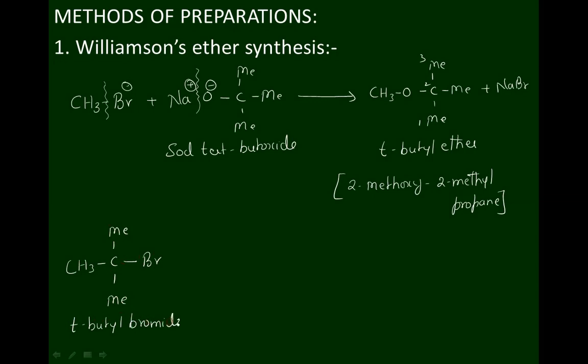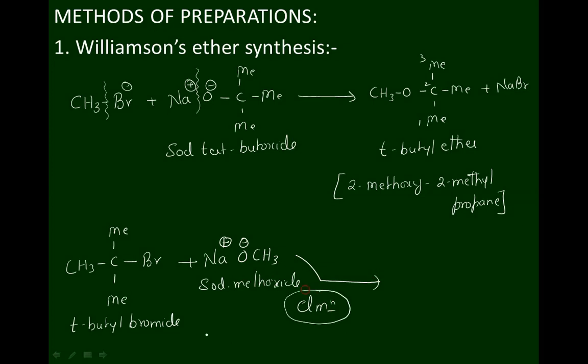When a tertiary alkyl halide is treated with a normal base, that is sodium methoxide, it undergoes an elimination reaction to form CH3C double bond CH2 CH3 plus NaBr plus